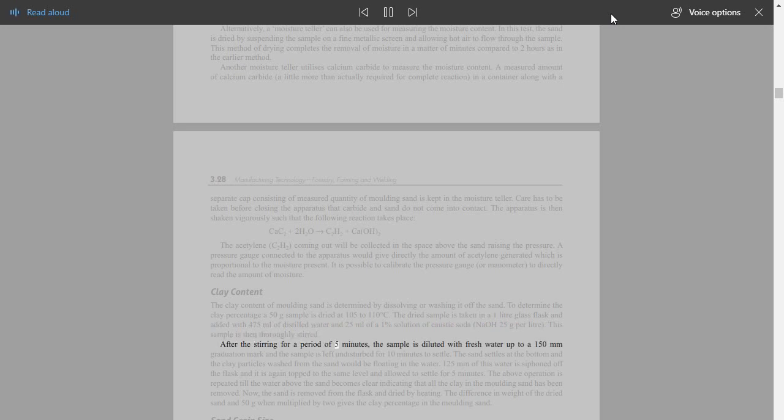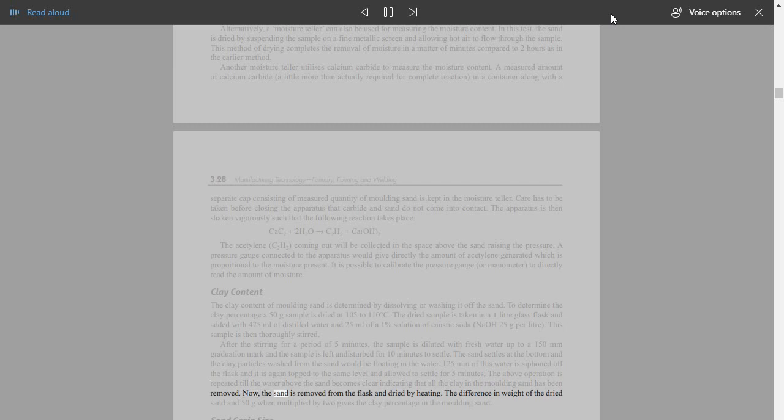After stirring for a period of 5 minutes, the sample is diluted with fresh water up to a 150 mm graduation mark, and the sample is left undisturbed for 10 minutes to settle. The sand settles at the bottom and the clay particles washed from the sand would be floating in the water. 125 mm of this water is siphoned off the flask, and it is again topped to the same level, and allowed to settle for 5 minutes. The above operation is repeated till the water above the sand becomes clear, indicating that all the clay in the molding sand has been